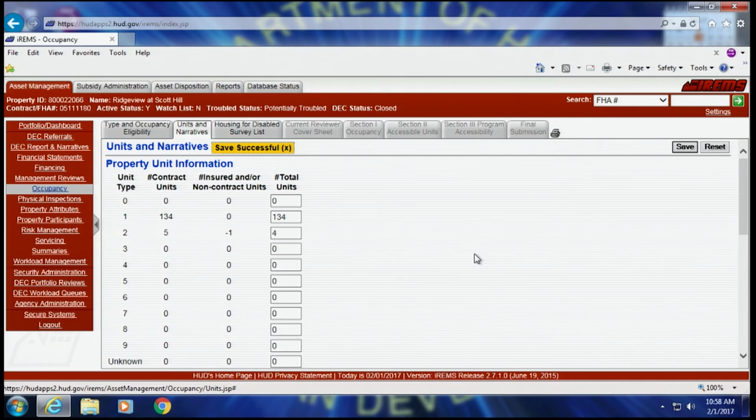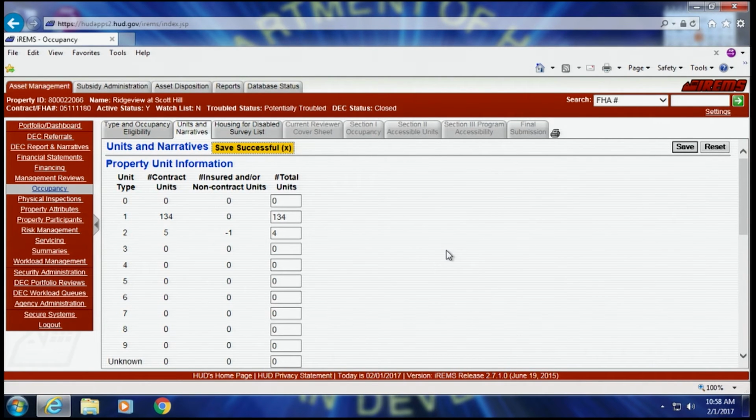I now have created a negative number of total units in that property because I said that it only had 4 two-bedroom units when in fact we know it has 5 two-bedroom units because 5 two-bedroom units appear in the HAP contract. That is how a negative number appears.